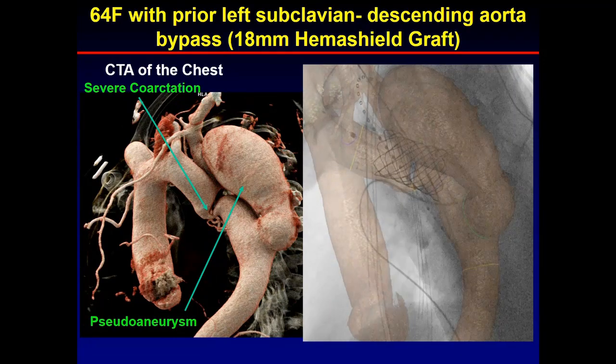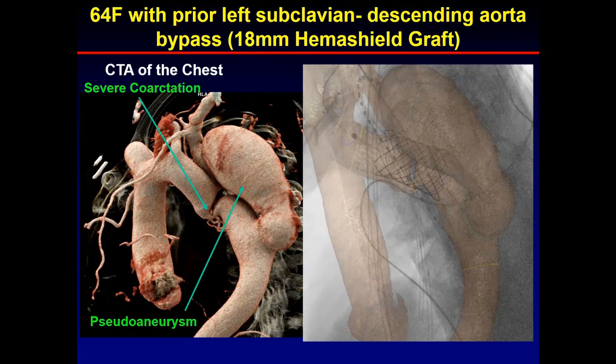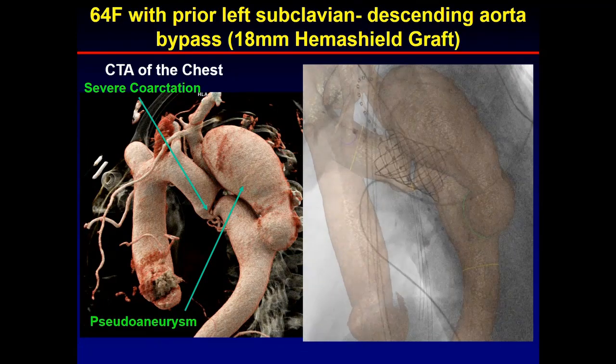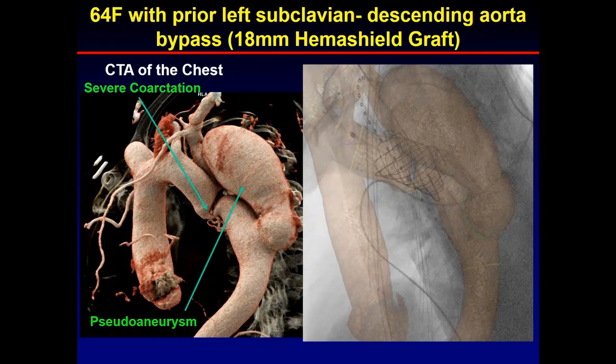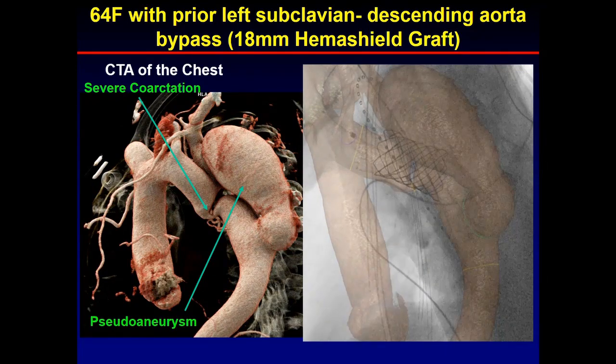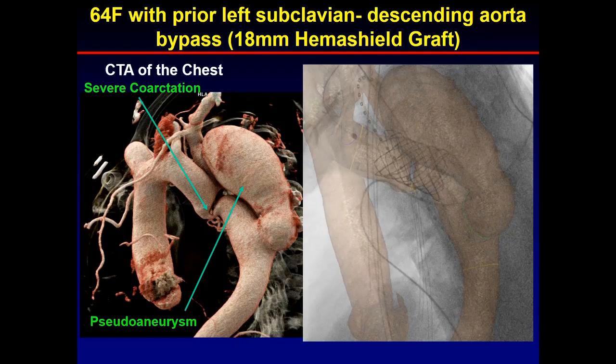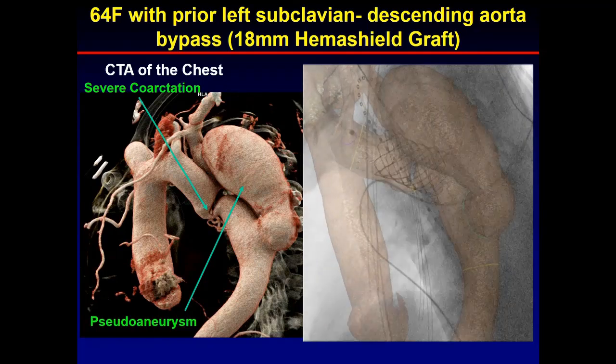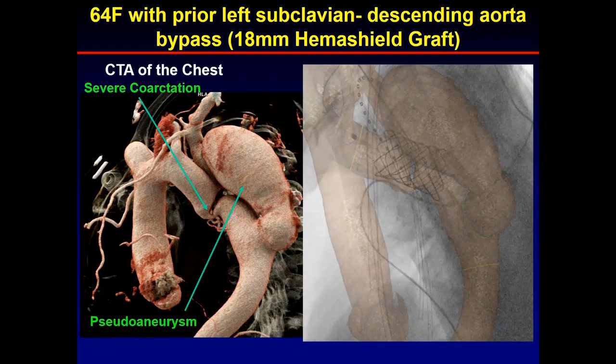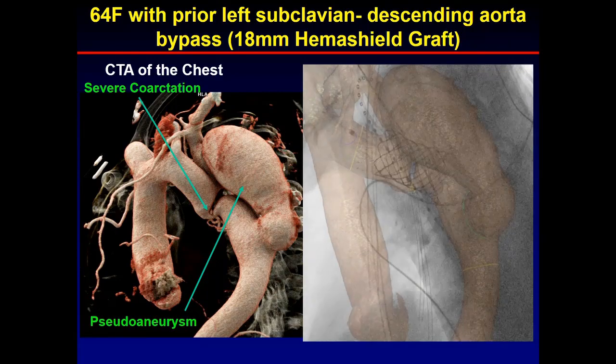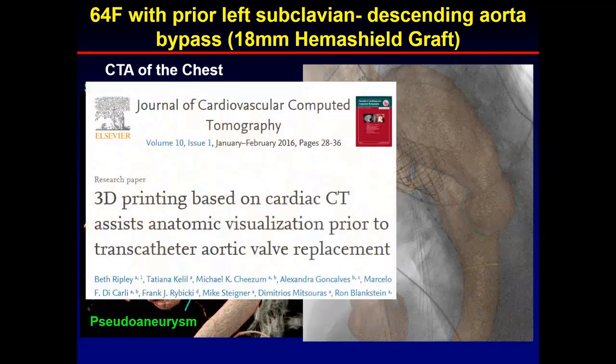So maybe in this particular case, if we had actually done more co-registration in the cath lab, we might have been able to better position the valve, because that calcium obviously made a big impact in terms of positioning that valve. We might have been able to do a better job using co-registration to help properly put the valve in the right place to begin with, instead of dealing with the complication of hypotension and shock. And there actually are some papers now that have been published.